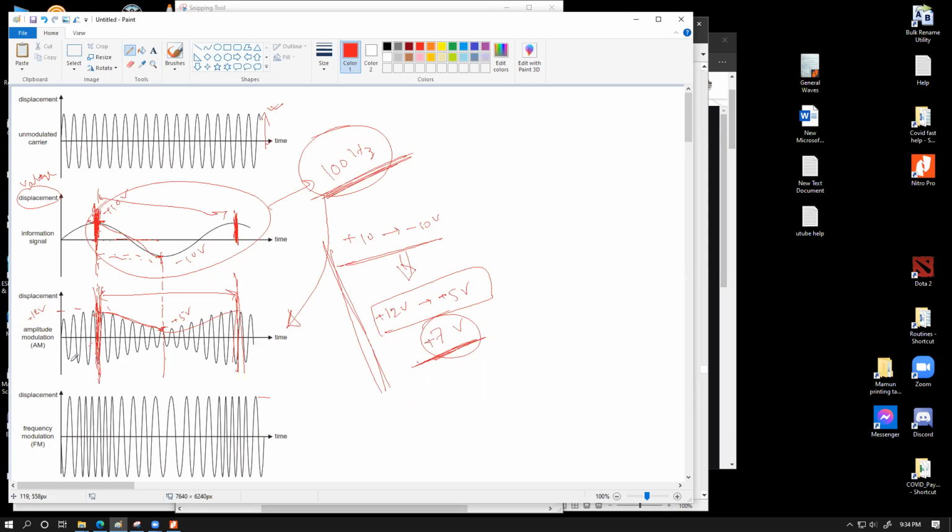So what you can see over here, that whenever the information signal was zero, we had some frequency to begin with, and this frequency is the same frequency as the original carrier. As the voltage of the information signal goes higher, this frequency is increasing. You can see that the waves are getting collapsed, they are getting shrunk, they're getting squeezed, and you have the most squeezed scenario at this point where the peak of the information signal is. Have a look. Here the wave is the highest amount of squeezed, and then as the signal wave goes down, this thing comes down, and eventually at this point,